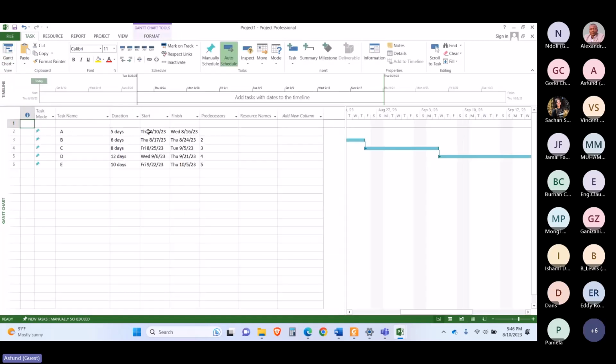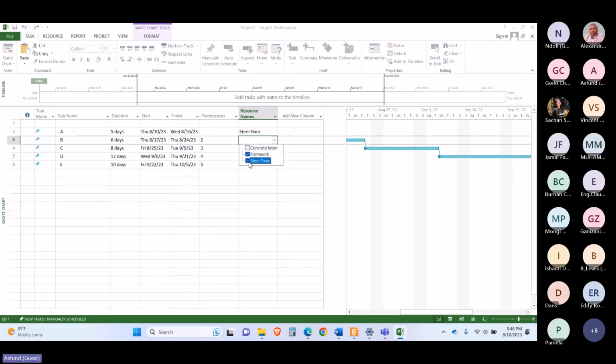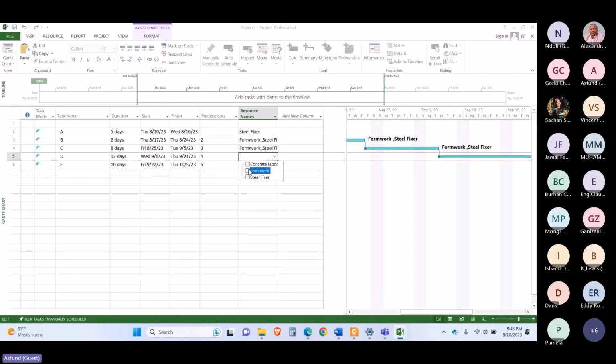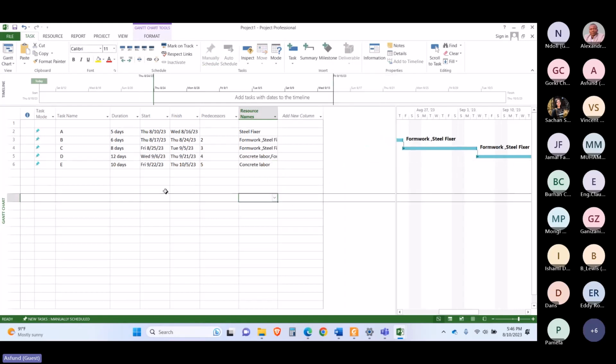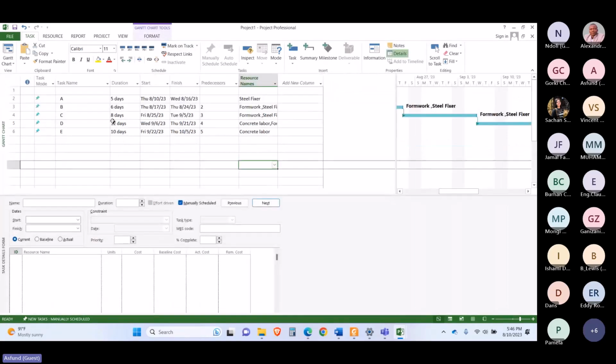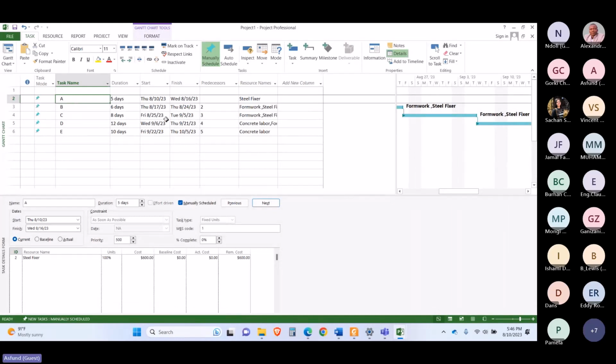Now I will go back to my Gantt chart view and will assign those resources. For example, this activity would require steel fixer, and I am just assigning these on a random basis. So this activity will require formwork and concrete, and this will only require concrete. Right, and also if you go to the home tab, here you can see the details tab. So here you can see it has this